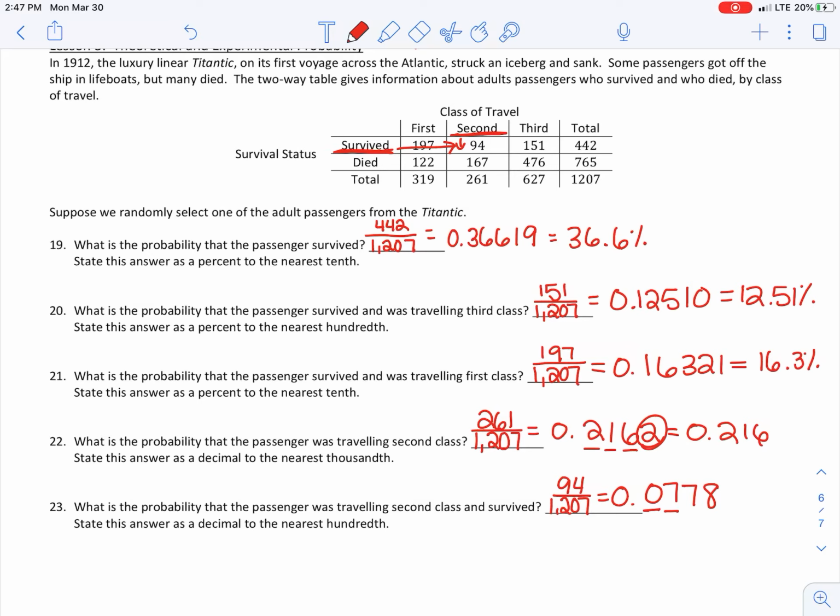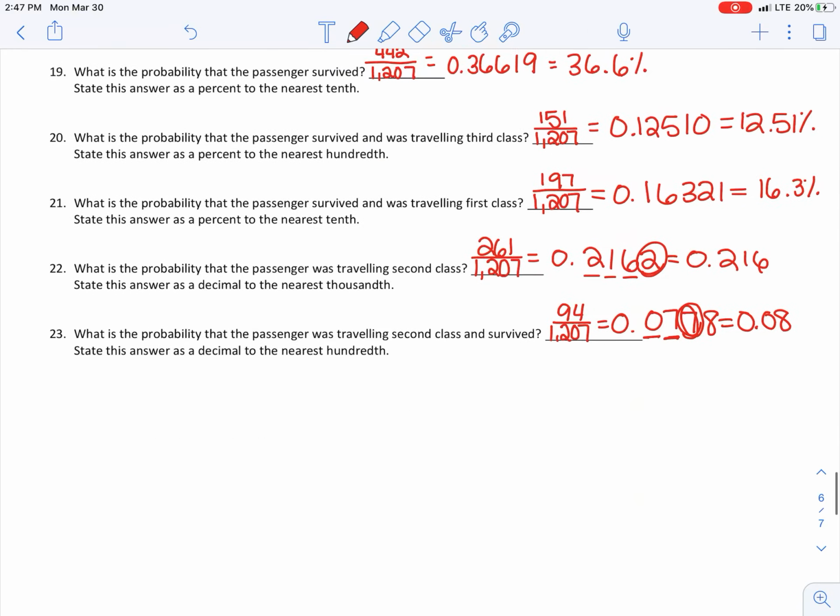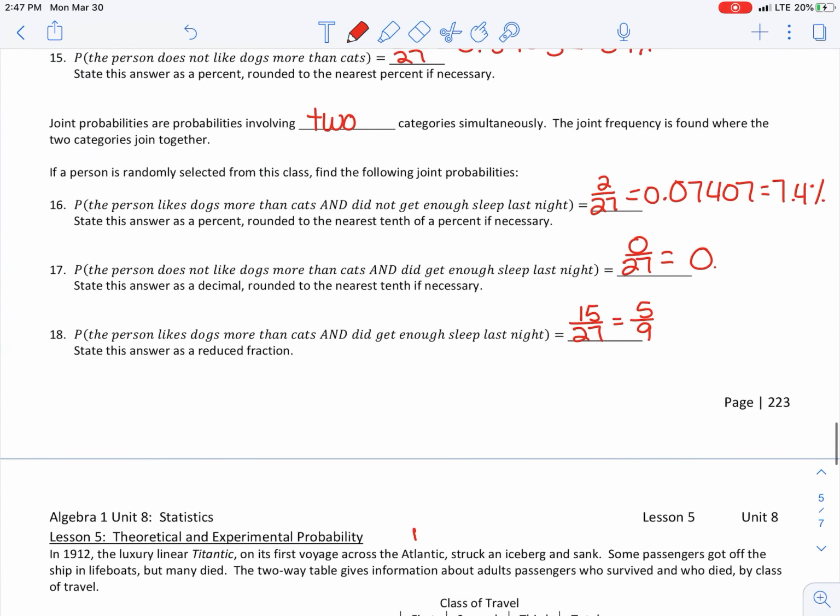So again, we're going to divide that 94 by 1,207, and we get 0.0778. But it wants it to the hundredths. So we have tenths, hundredths. We need to look at the number after that, and we have a 7, which is 5 or greater, which is going to boost this 7 up to an 8. So we have 0.08. And I think